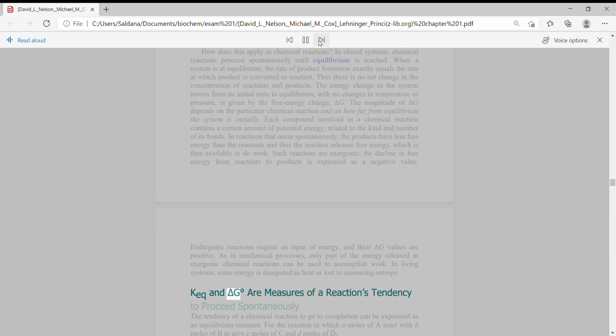Keq and delta G degree are measures of a reaction's tendency to proceed spontaneously. The tendency of a chemical reaction to go to completion can be expressed as an equilibrium constant. For the reaction in which a moles of A react with b moles of B to give c moles of C and d moles of D, aA + bB ⇌ cC + dD, the equilibrium constant, Keq, is given by